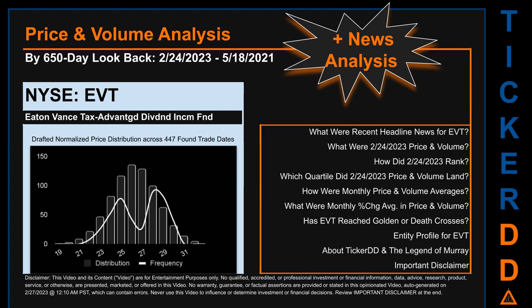The chart shown on this page is our initial attempt at studying the price for EVT after dynamically normalizing price distribution across those discovered trade dates. The bar chart is the generated distribution and the overlaid line graph, if it is generated, is the frequency of the prices on the x-axis. We will enhance this look through as our AI model progresses in the next iteration.